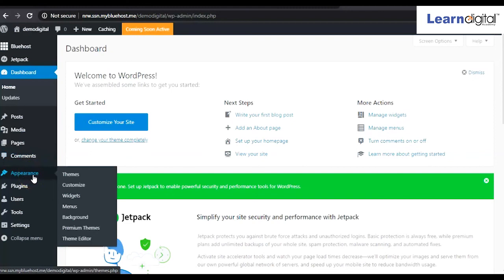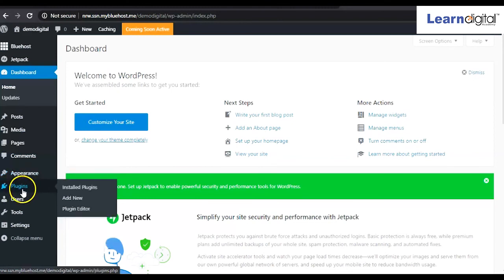Under the appearance option, you can manage your theme, you can maintain your theme, you can change your theme as well. Then plugins is nothing, it is just like a software, or just like an app, which extends the functionality of your website. So according to the requirement, simply you can install new plugins as well.